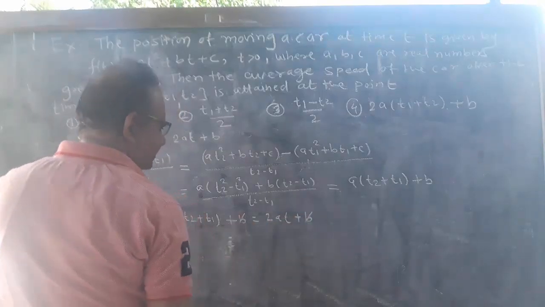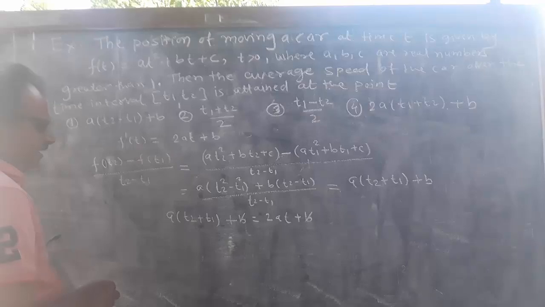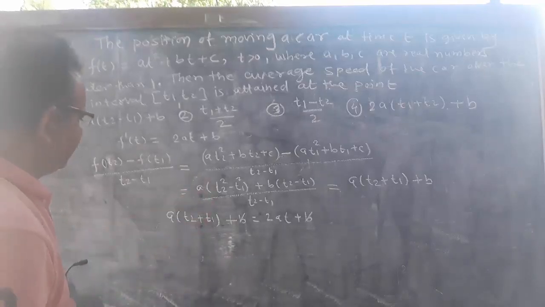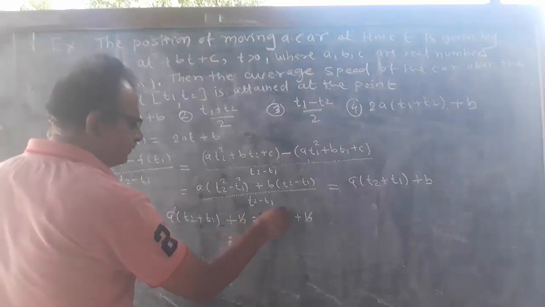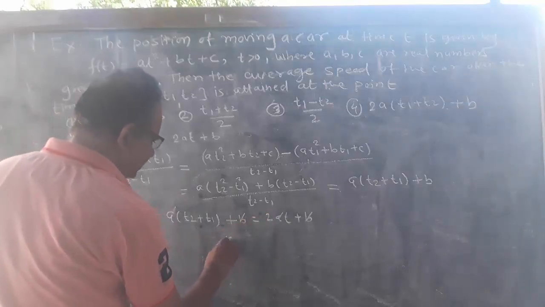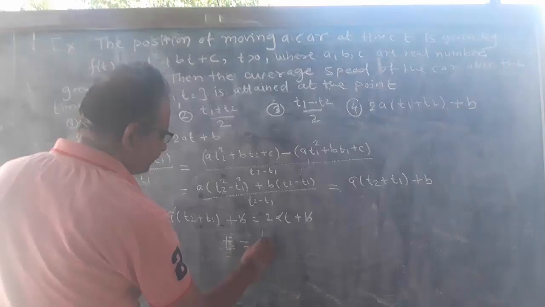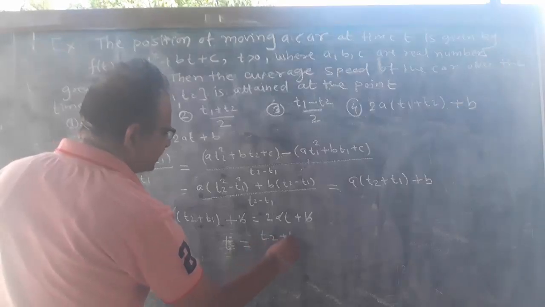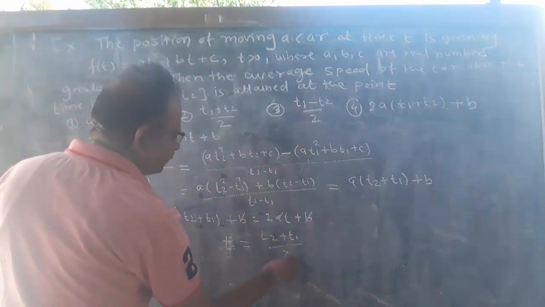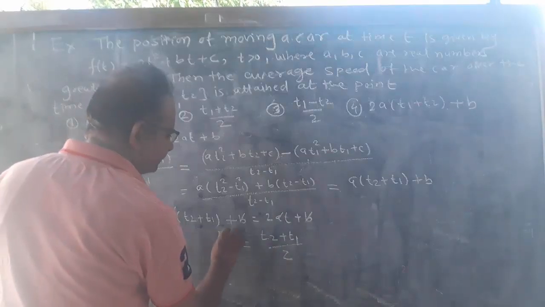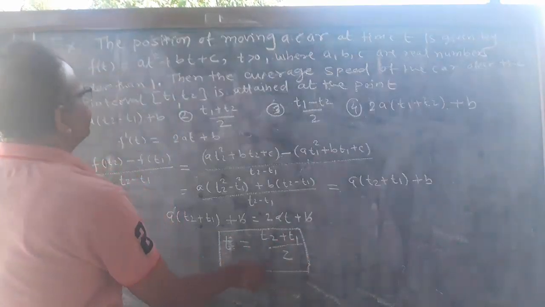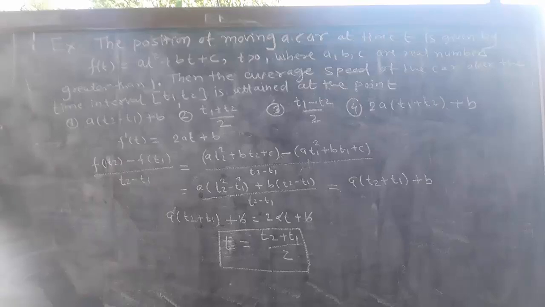The b from both sides gets cancelled. Then there remains a into t2 plus t1 equal to 2at. Again a will get cancelled, and we will get t equal to t2 plus t1 divided by 2. This is the point where